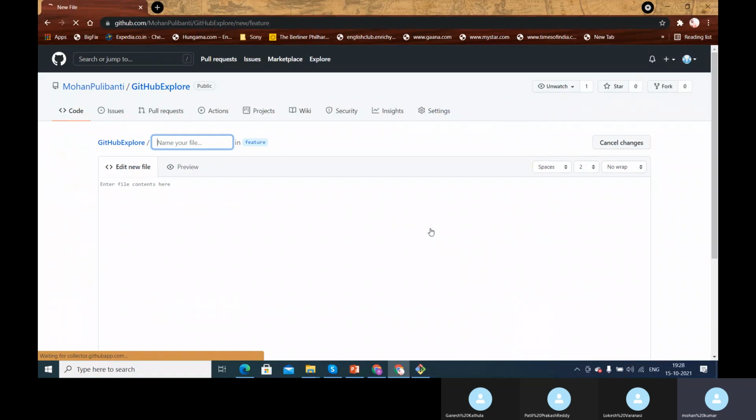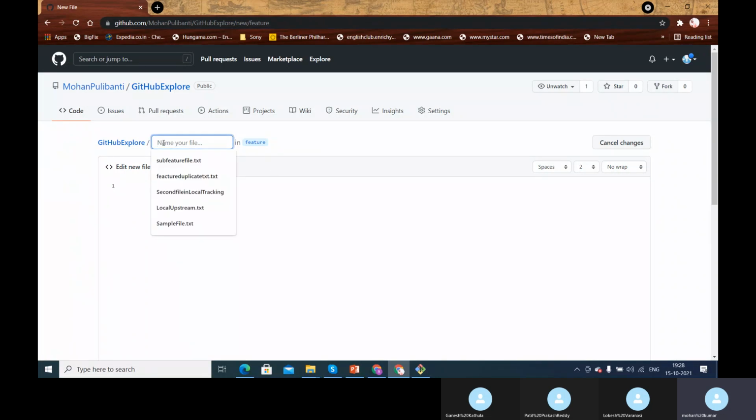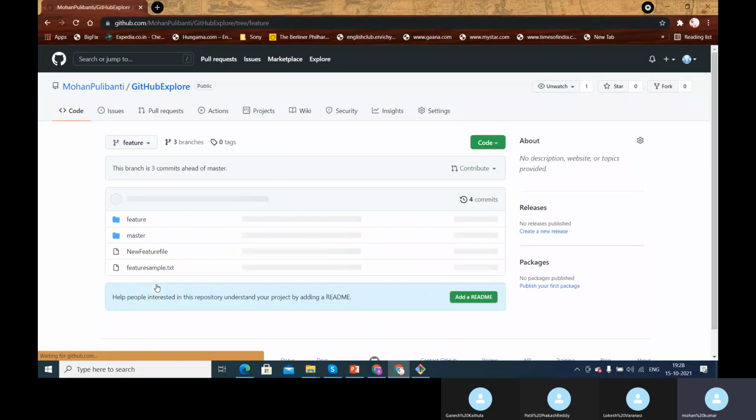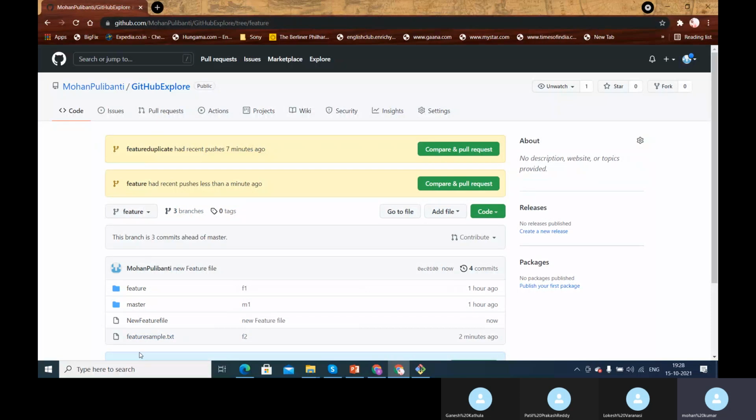But now we are concentrating only on the new feature. So now I committed a new file here.